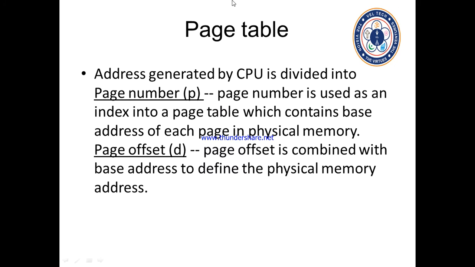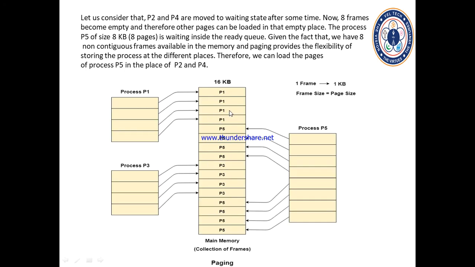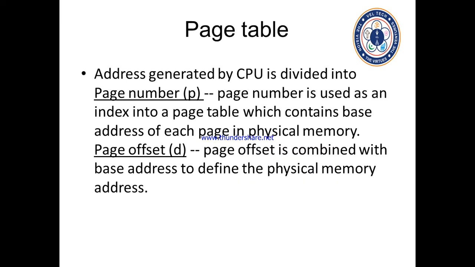While allocating frames to the pages of a process, we have to keep a record of which page is in which frame number. So we have a page table for recording which page is allocated in which frame number, that is, in which memory location it resides. The page table is nothing but the entry of the page number and the respective frame number for that particular page number.